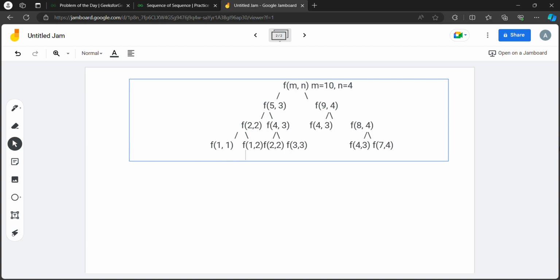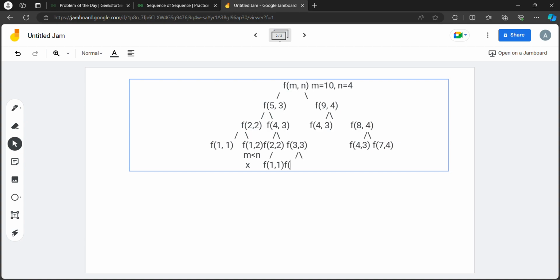And for this case, the condition is that m is less than n, okay, means that is not acceptable, okay, it is not acceptable. And in that case one thing is acceptable, that is only f of 1 comma 1, okay. And for the f of 3 comma 3,